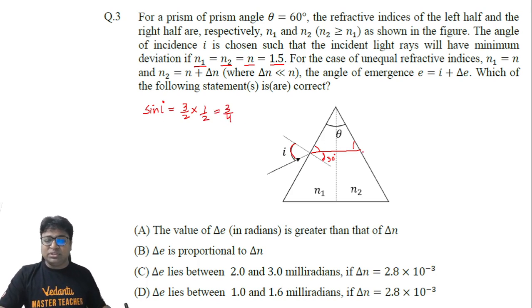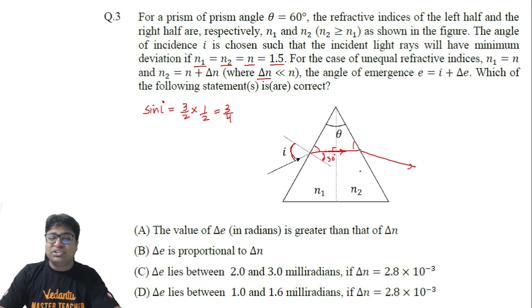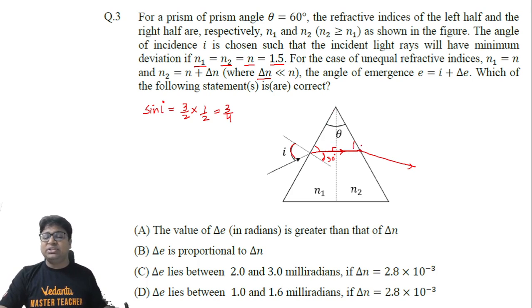Okay, now this would have been the situation if N1 and N2 were equal. Also keep in mind that this angle would have been 90 degrees. Now think of a situation where we have increased the value of N2 by a very small amount, as the question suggests. So if we have increased the value by a very small amount, this ray will travel undeviated here because here it's striking at 0 degree angle of incidence. So here it will travel straight and then it will strike here, and now the angle of incidence, which is still 30 degrees, may not